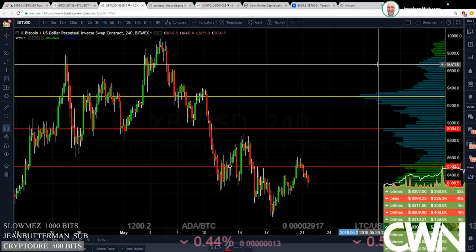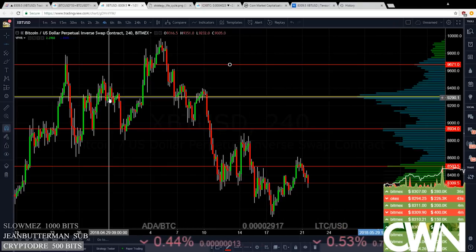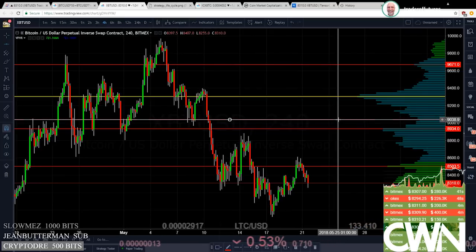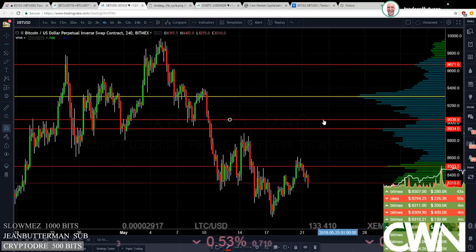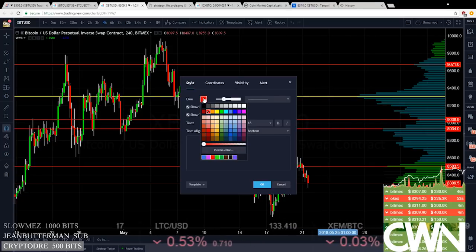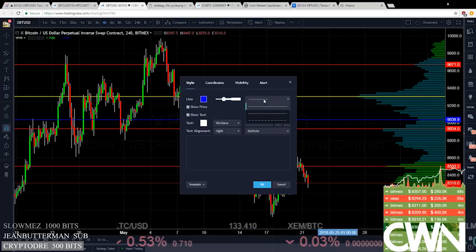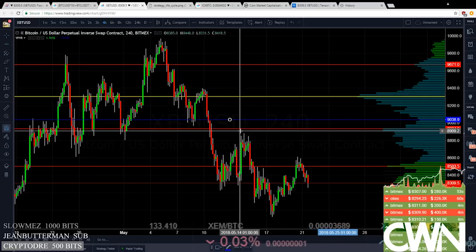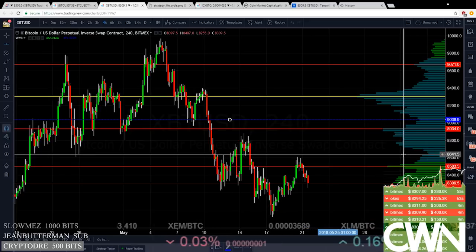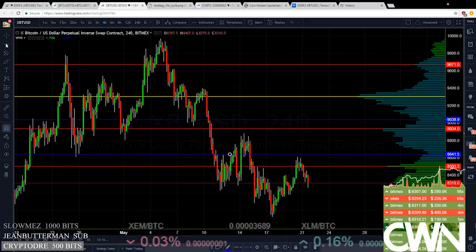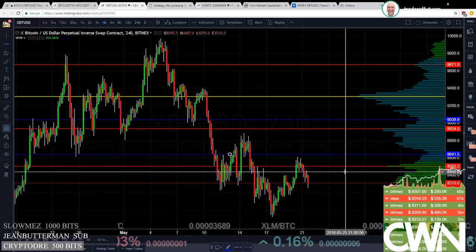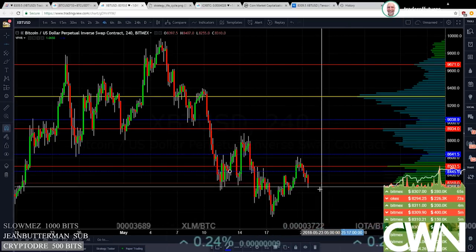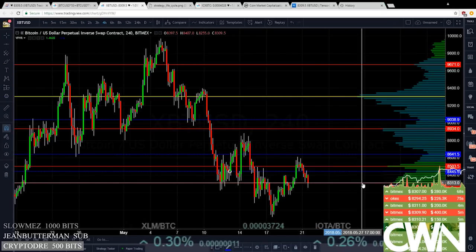So I just repeat the same process that I did in the bigger time frame. And then I'll find these low volume wells, and these have to be a different color, so just change those. The reason I'm putting these here is because they're going to give me some clues about how price is going to behave as it crosses these lines.